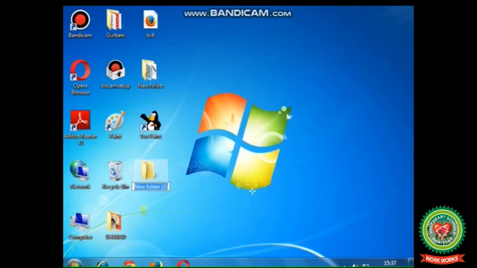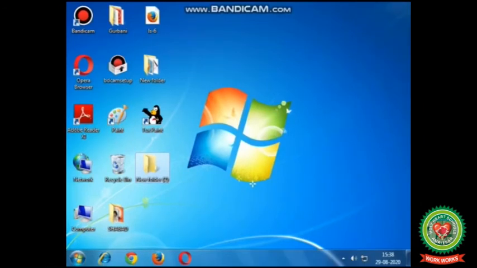Here you can see a yellow colored folder icon is there, and last one is press enter key. So in this way you can create a new folder on the desktop.